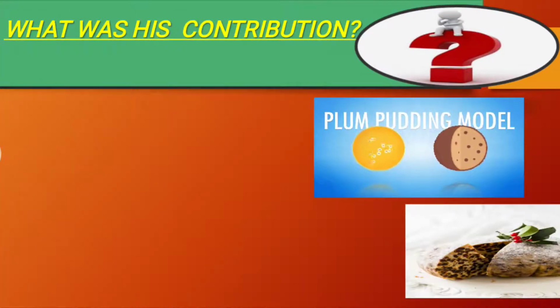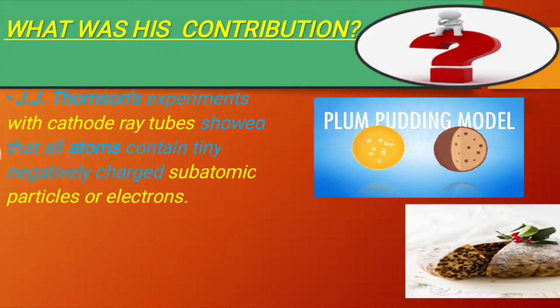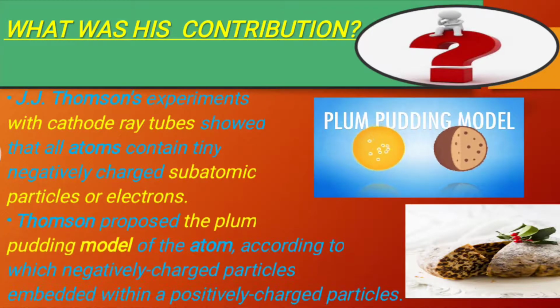Now, what was the contribution of Sir J.J. Thomson? J.J. Thomson experiments with the cathode ray tube showed that all atoms contain tiny negatively charged subatomic particles known as electrons. Thomson proposed the plum pudding model of atom, according to which negatively charged particles are embedded within a positively